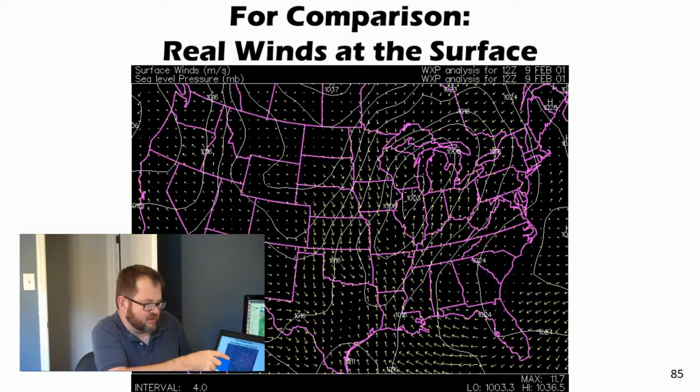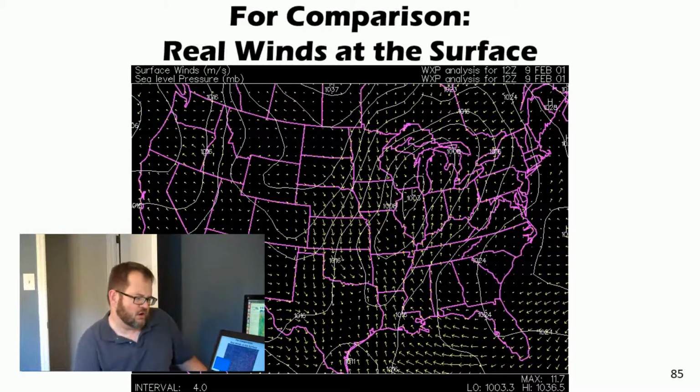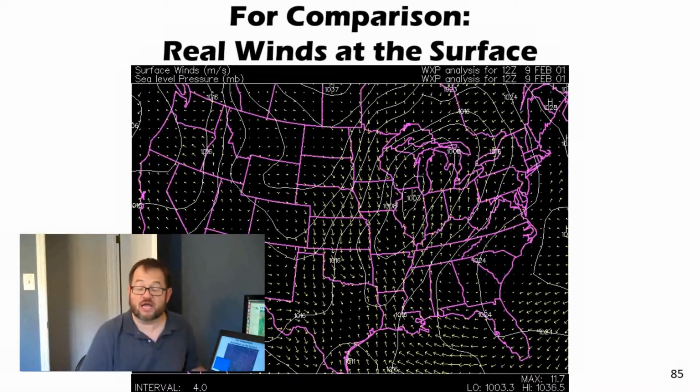You can see it spans from about Nebraska to maybe North Carolina or something like that. Big area of low pressure. And you can see by looking at the arrows on there, which are the winds at the surface, that they are largely spiraling around that cyclone in a cyclonic manner, or counterclockwise manner. And they're